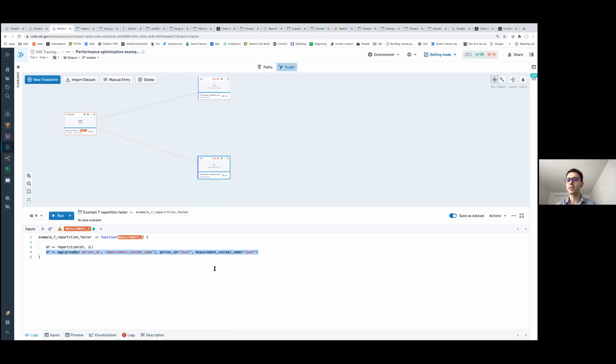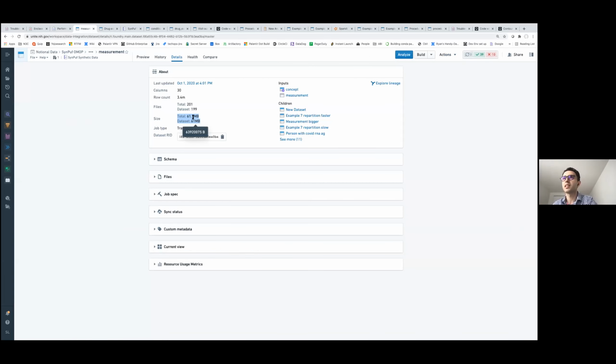So there is a balance, and this is why we sometimes recommend that 128 megabytes per partition. Generally, we don't look into doing repartitioning until we have tried all the other tips that we've mentioned earlier. And if we're still suffering from performance, then maybe that's because the data set is poorly partitioned, and in that case, we can do repartitioning.